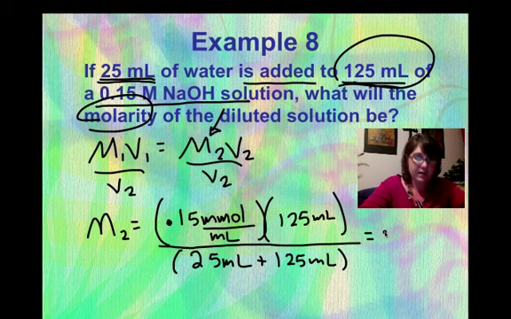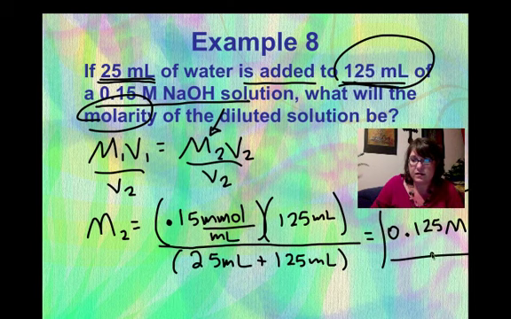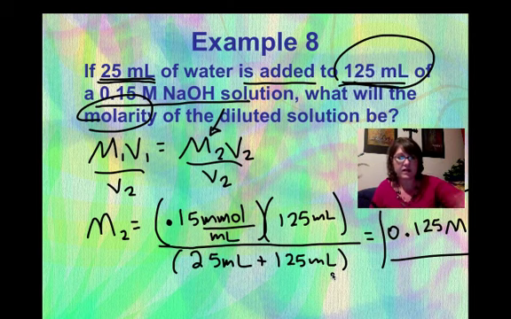All right, time for a calculator. Let's do some math. 0.15 times 125 divided by 150, and I get 0.125 molar. So we went from a 0.15 to 0.125. Is that really less? Yeah, that's less. Just not a lot less. All right. That's it. That's how we work with